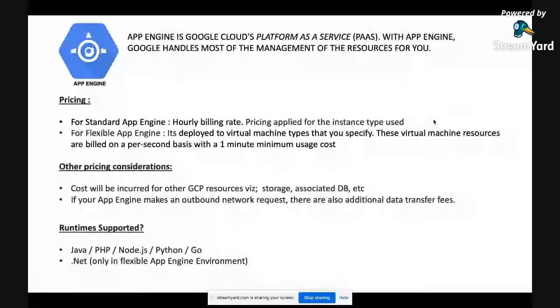All you have to do is upload your package and get started, right? That's what App Engine provides. It is available for runtimes like Java, PHP, Node.js, Python, and Go, with the exception that .NET is available for a flexible App Engine environment. In the next slide, we will understand what a flexible App Engine environment is and what a standard App Engine environment is. But yes, if you have your application written with any of these runtime environments, Java, PHP, Node.js,